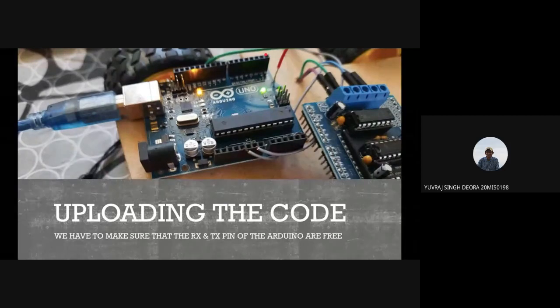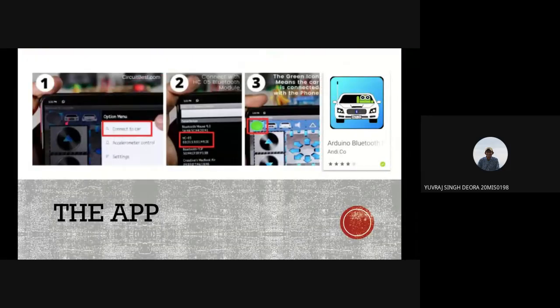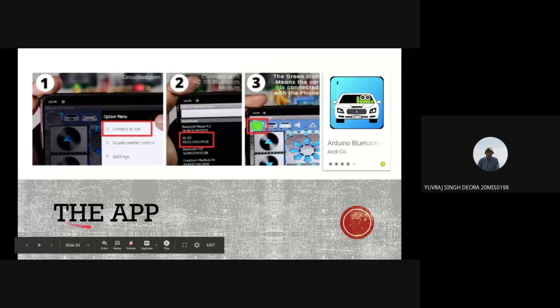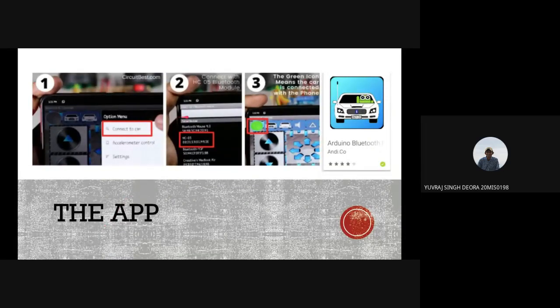The last thing is the app. This app is easily available on the Google Play Store, and you can open it from there. Inside that app, you will find a settings option, and then you can connect to the car, and your Bluetooth module name will appear there.